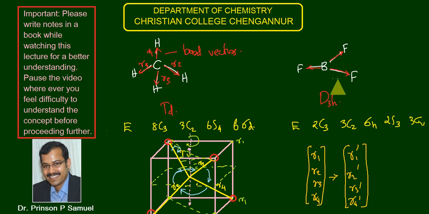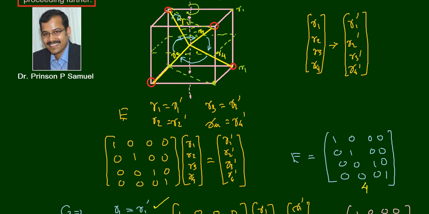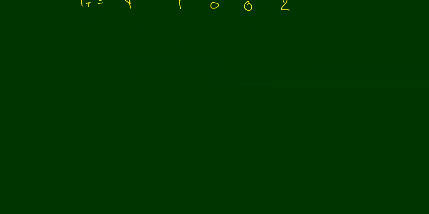That is a trigonal planar molecule, BF3 in this particular example, which belongs to D3h. So how can we construct the total character corresponding to this molecule, the trigonal planar molecule belonging to the D3h symmetry? So let us construct the molecule like this. Okay, this is the molecule, and